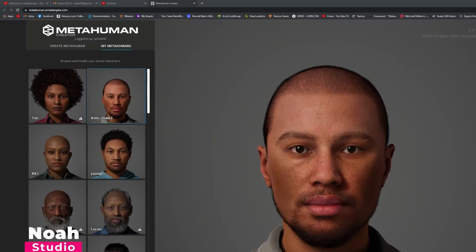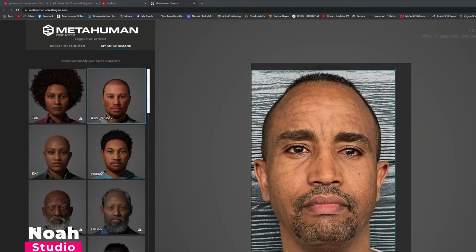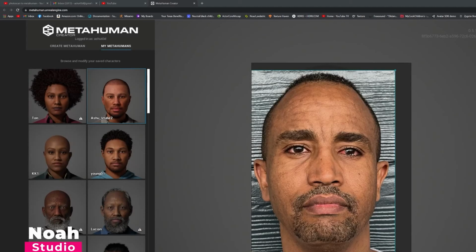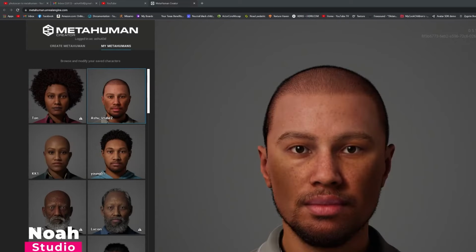Here I want to mention one really important thing. Whenever you create your Metahuman or choose any Metahuman face, you have to make sure it matches your reference photo, one of the scan photos, and try to match the eye distance to be the same as the Metahuman. The mouth size, from mouth corner to corner, should be the same as the Metahuman. It doesn't need to be